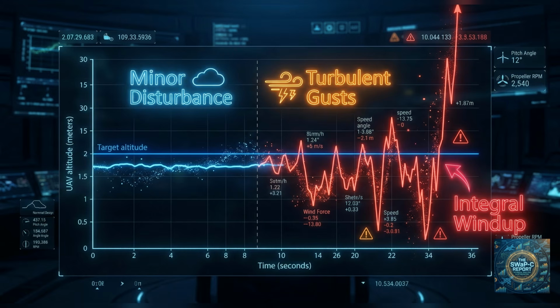Research explicitly indicates that standard PID controllers are only truly effective within a narrow range of attitudes, typically within plus or minus 10 degrees for roll and pitch, beyond which their performance significantly and dangerously deteriorates. In scenarios involving severe wind gusts, the stabilization efficiency of a PID controller can plummet from a comfortable 97% down to a highly unstable 70 to 80%. The integral term of the PID controller is particularly notorious here. It tends to accumulate the error signal during prolonged disturbances, leading to a phenomenon known as integral windup, which causes massive destabilizing overshoots and agonizingly slow recovery times.